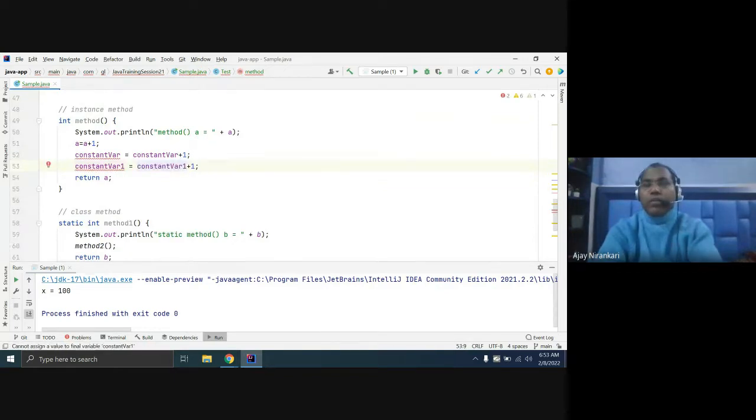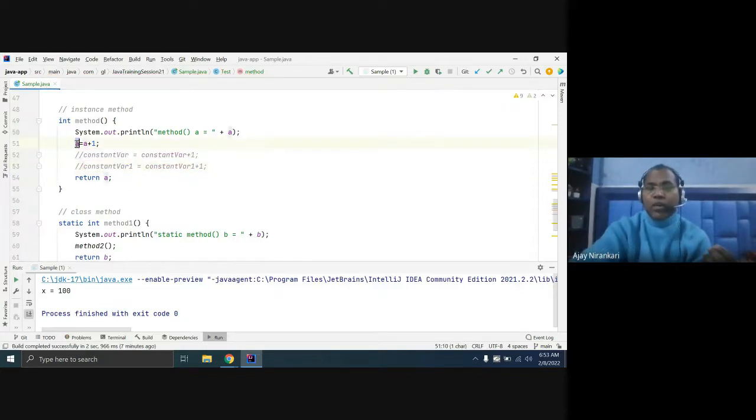Once initialized, you cannot change it. You can change this value, but you cannot change the other variable. Let's print the value of this and the value of this.